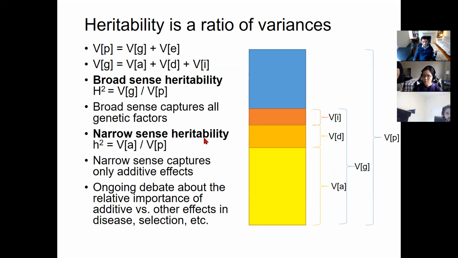Narrow sense heritability only captures the additive effects. It basically says, what fraction of the total phenotypic variance can I explain based on additive genetic effects? And there's, of course, an ongoing debate about the relative importance of additive versus dominant versus interaction versus other effects in the human population. Okay, so who's with me so far on these concepts of heritability, phenotypic variation, genetic variation,